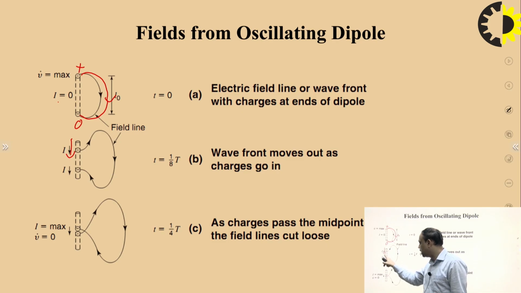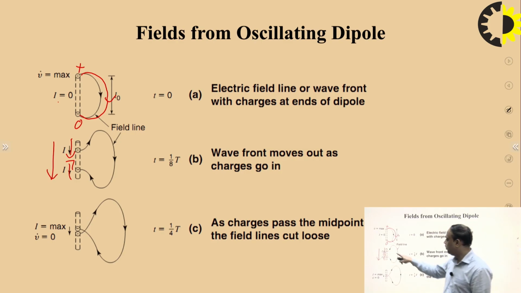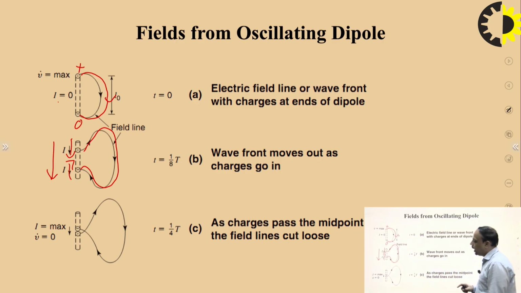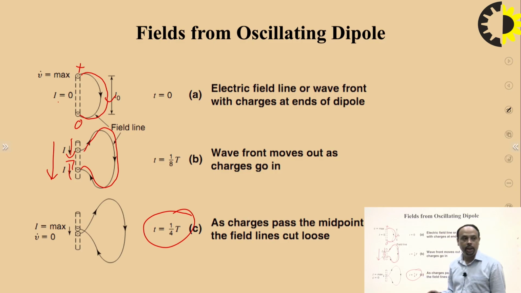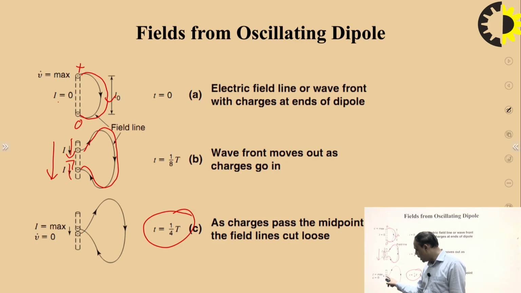and the negative charge is again going to move in this direction, but due to this the total current is flowing in the downward direction, and the electric field distribution in space is like this. It makes a semicircular ring-like structure over here, and at the time when time is equal to 1/4 of the total time period, these charges cross each other and the electric field lines overlap